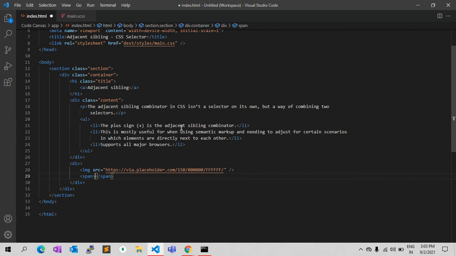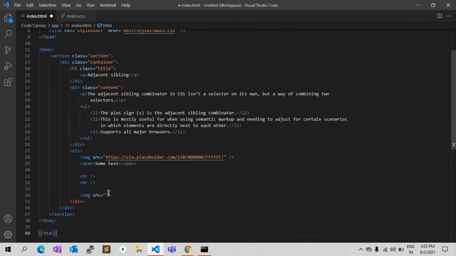In a span, you can add some text. Give br to make it more readable. Then img src, again the same image. This is for testing purposes, so you can add any image.